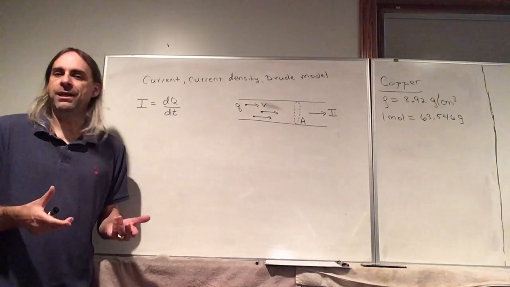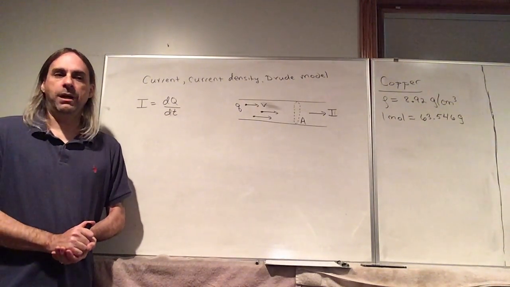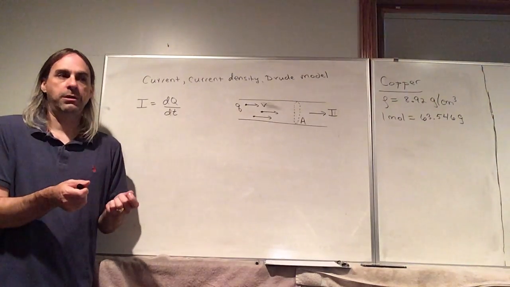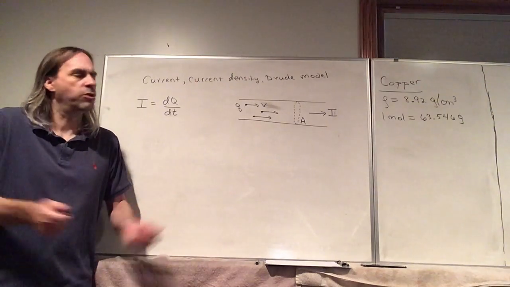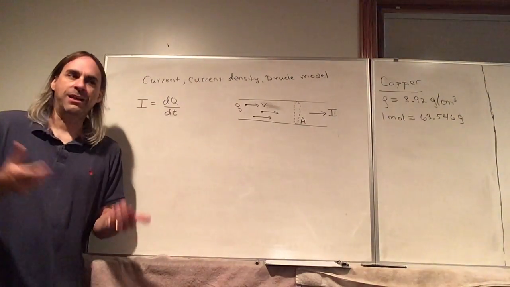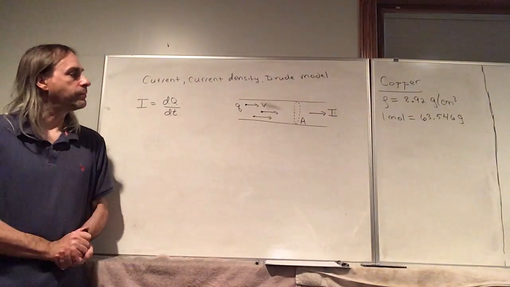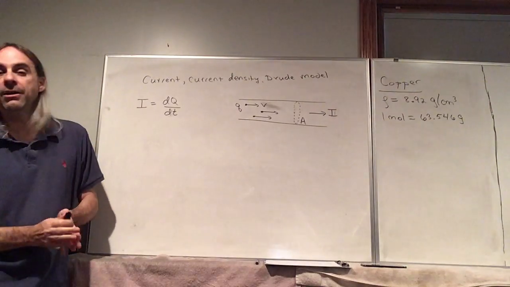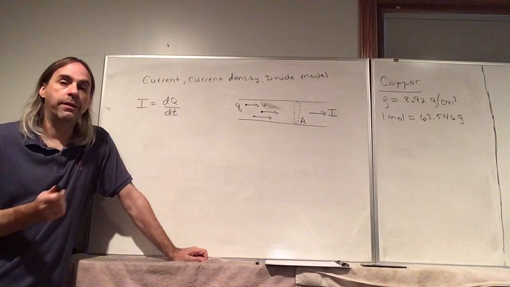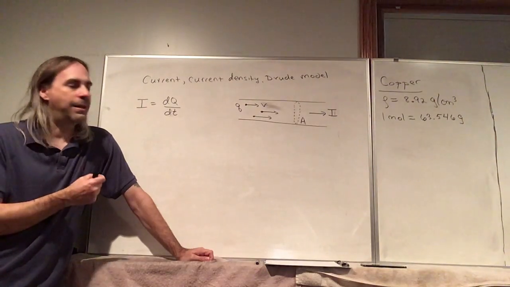I don't even know the history of how he chose one over the other, but basically, you rub two materials, you just pick one of them, say this is positive, the other is negative. I don't think he had a reason for picking one material over the other. And it turned out to be very unfortunate that he picked things the way that he did, because we're going to learn that